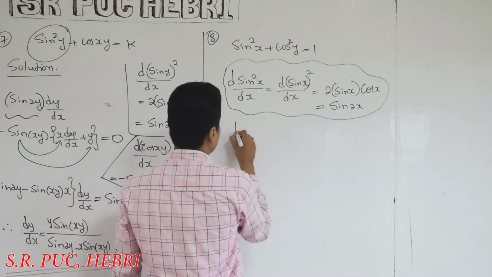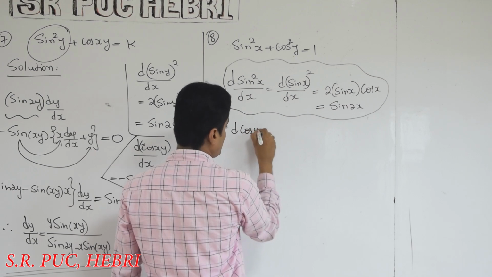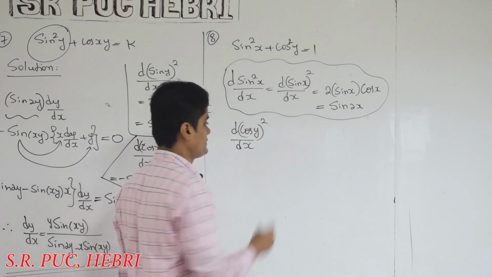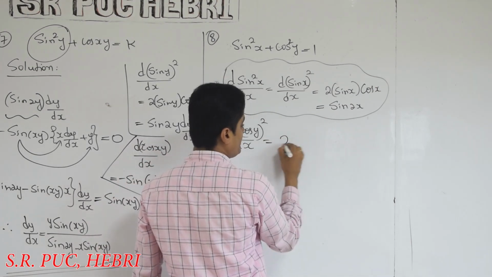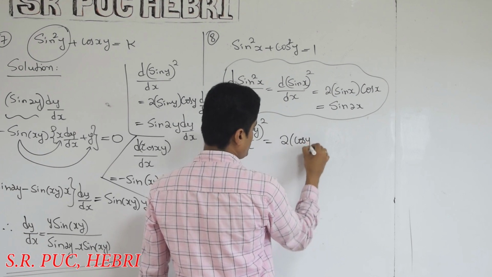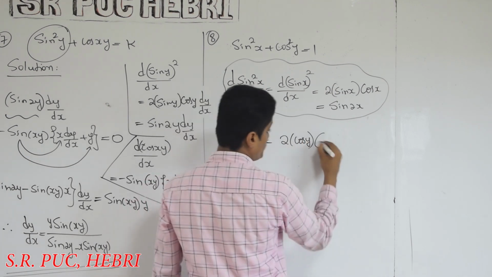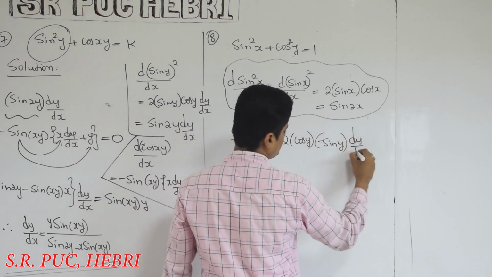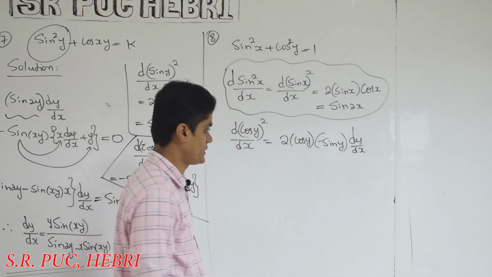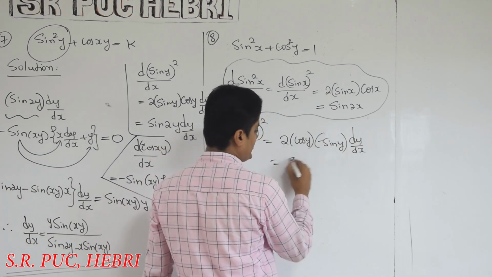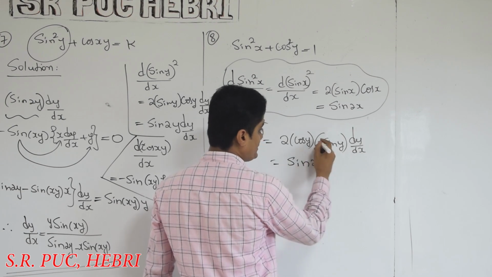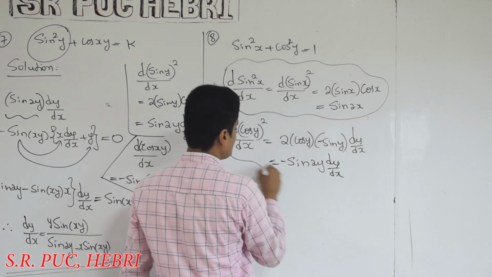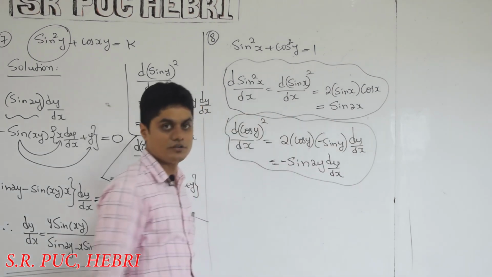Second term, the derivative of cos square y, that is cos y whole square, with respect to x. Remember that, with respect to x. It is again the x square format, so 2x. Instead of x, what we have is cos y. Then the derivative of cos, put a bracket because it will give you a minus sign, and the derivative of y. Got it? Okay, very good. So 2 sin theta cos theta, again the same format, sin 2 theta, but this minus sign you keep outside, into dy by dx. So this is the derivative of the second term.